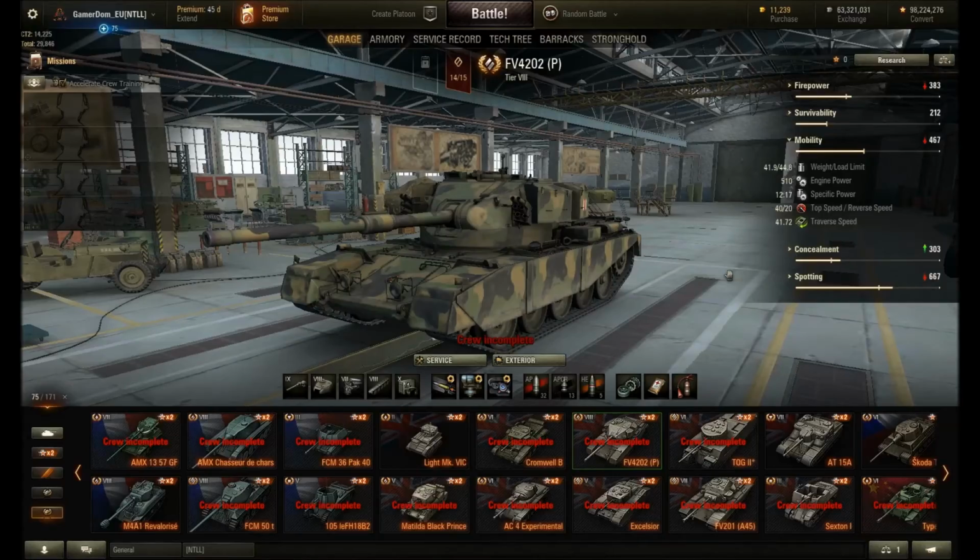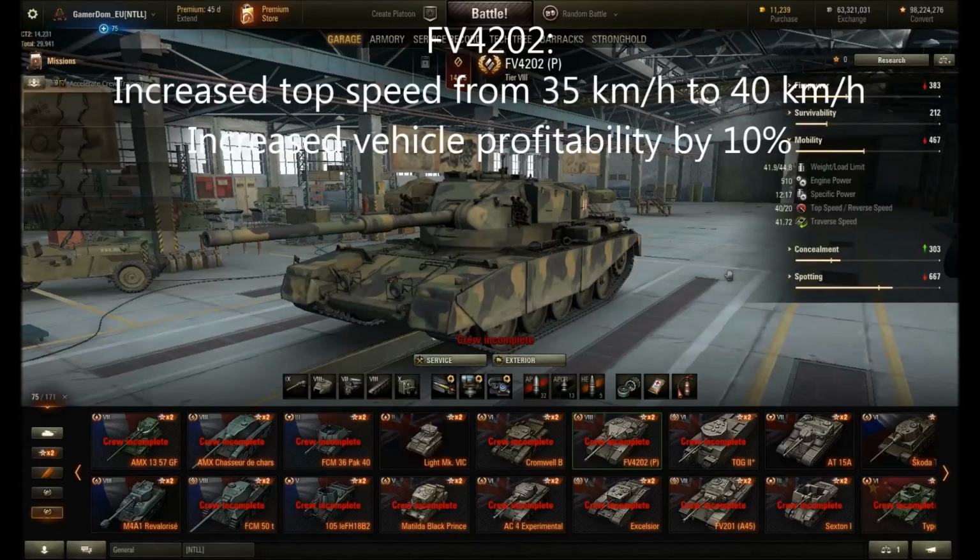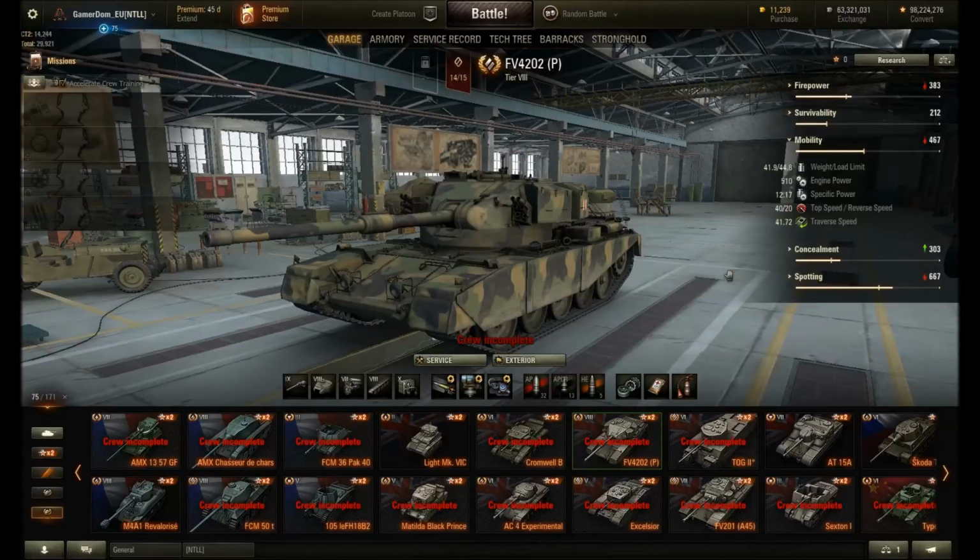So some of the other changes that we've seen on the test server. First up, some of the buffs that are coming to some of the less popular or less well performing premium tanks in the game. So the FV4202, this tier 8 British medium tank. I personally love it. I think it's a fabulous tank, but it is a little slow, so they're buffing its speed. It's moving from 35 kph to 40 kph, which basically means it can keep up with things like Centurions,